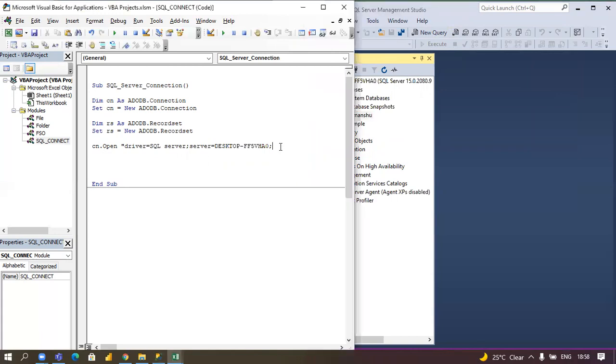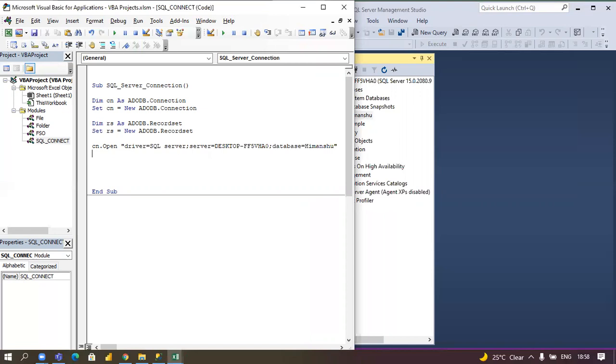So I will write the name here, Database equals Himanshu, then double quote and bracket, and then enter.